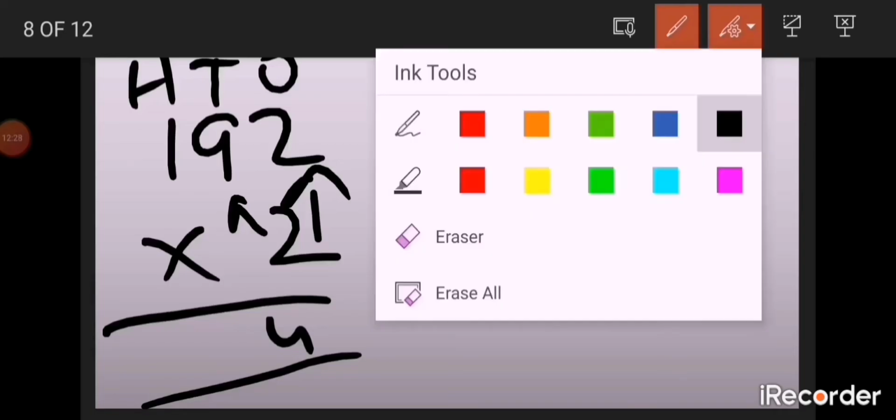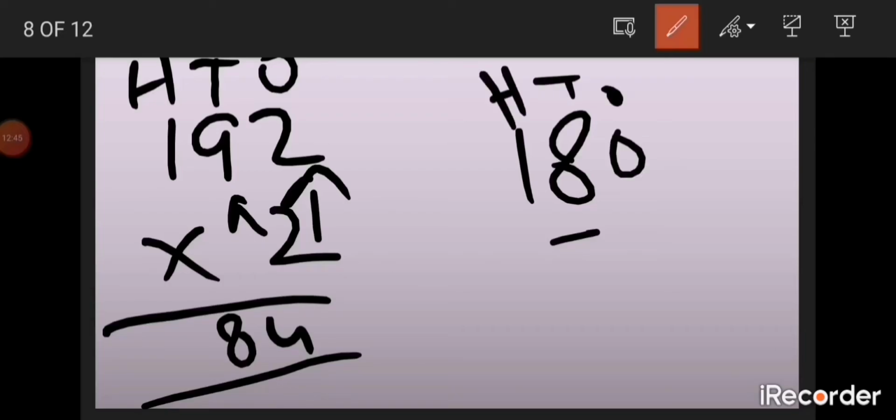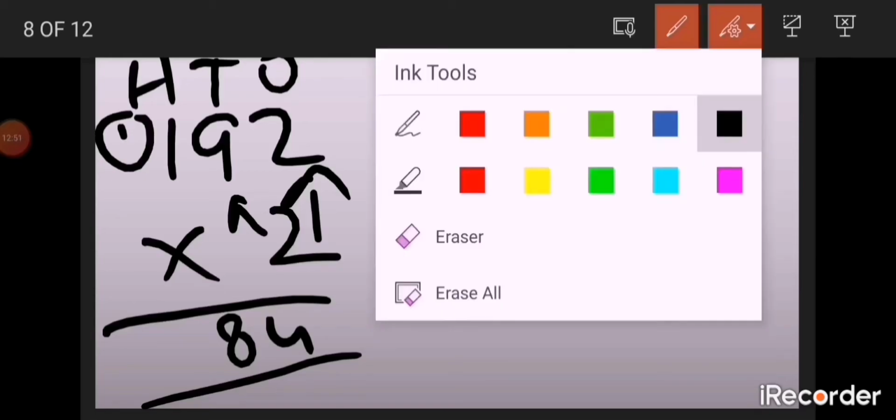So, sorry, in 18 we have, these are 18 tens. 18 tens means 180. So we can put the tens in tens and the hundred in hundreds as a carry. Right? Now multiply the